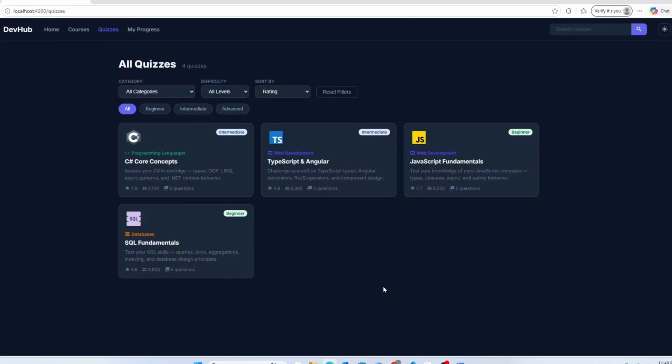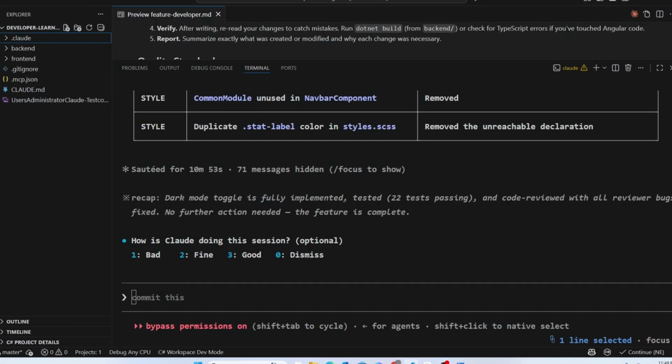So if you followed along and built this yourself, you already know more about working with Claude than most people who have used Claude for months. Not because you read about it,